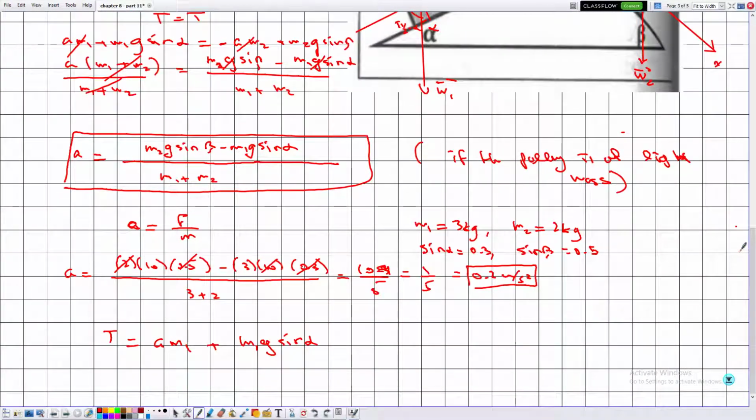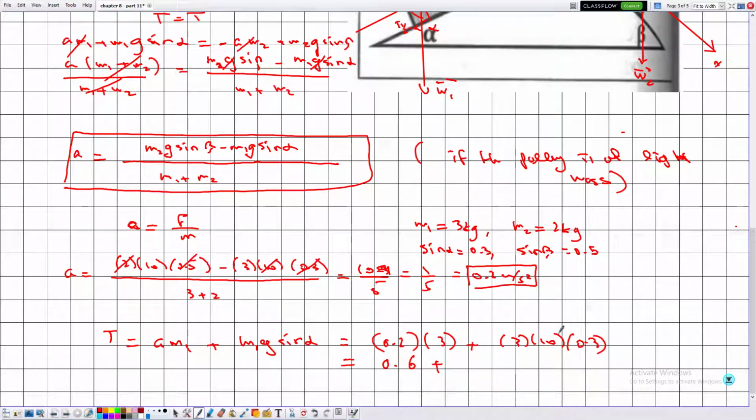The value of A is given by 0.2 multiplied by the mass m1, which is 3, plus 3 multiplied by 10 multiplied by sine alpha, which is 0.3. So this is 0.6